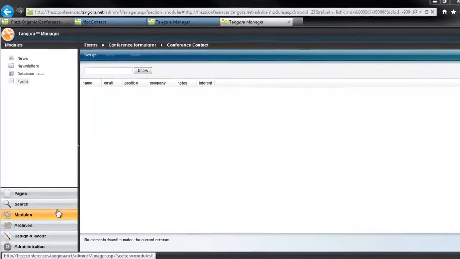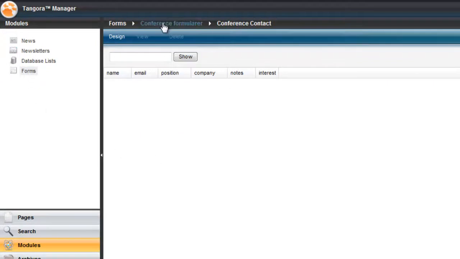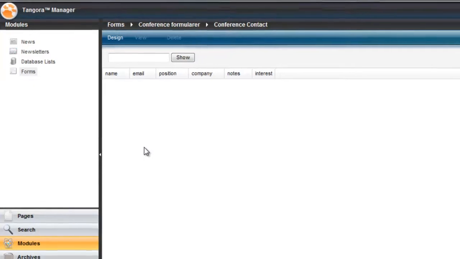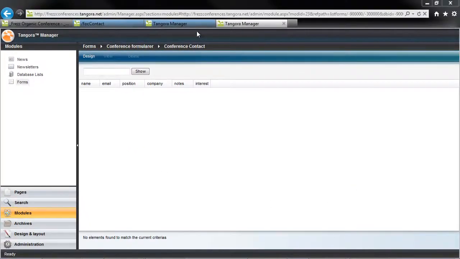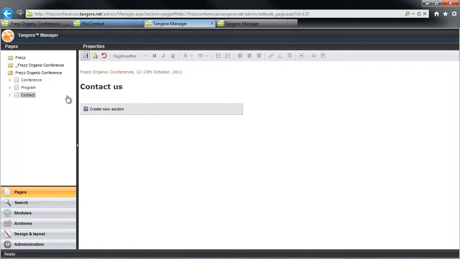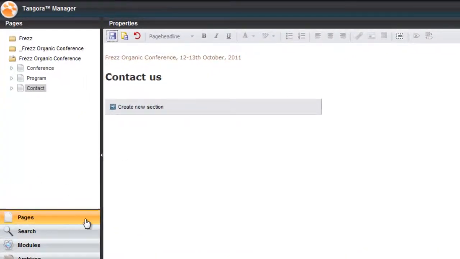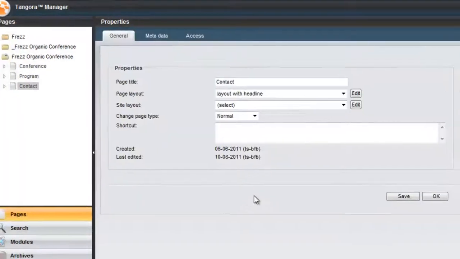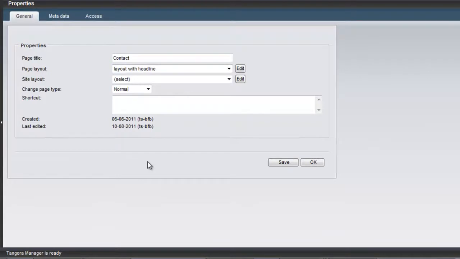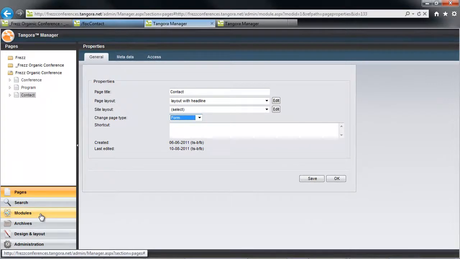The contact form we'll be using was created under the module's form area, and right now I'm in the interface where I'll have an overview of my submissions, though we can see that there are none so far. To create a page to allow visitors to submit their contact information, I'll go into my page tree and find a page that I actually created beforehand called Contact. Right-click and choose Properties. Here I'm brought to the same interface that I got when I created the page. Under the Change Page Type setting, we'll see that I could change the page type to Form. And this option appears because I've already defined one or more forms under the module's Forms area.